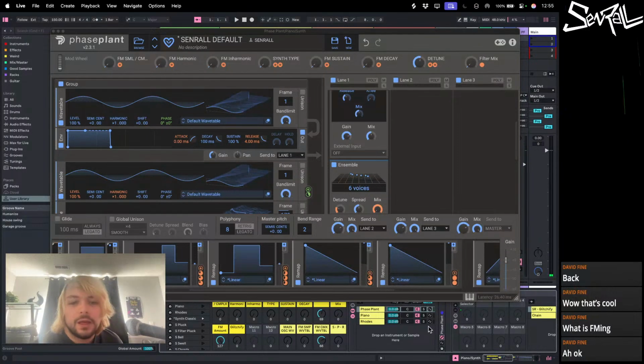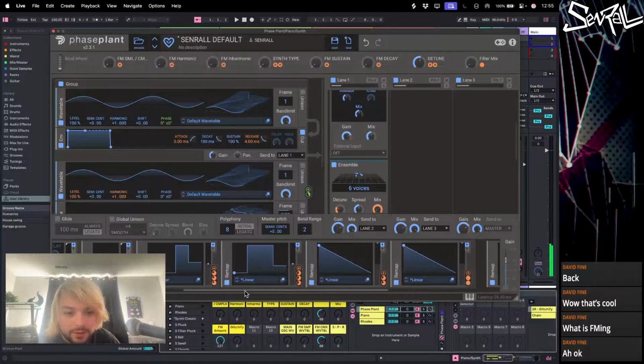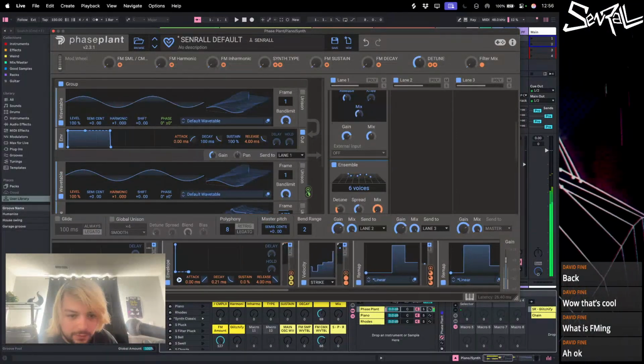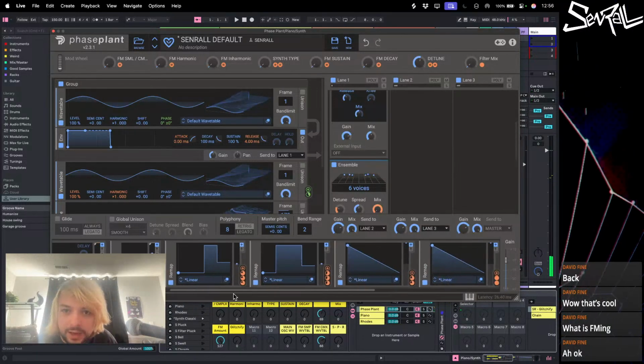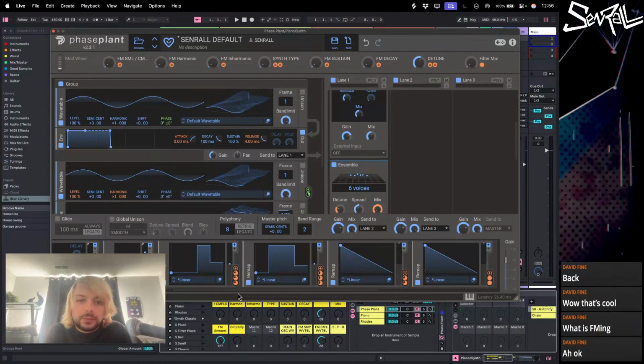Nothing too crazy. Also, by the way, the FM amount is controlled by the velocity. But you can't really see that right now, because it's not relevant. So this